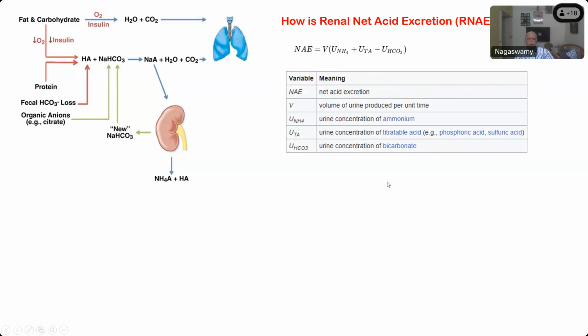As I told you, hydrogen ion is eliminated buffered with ammonia or phosphate. So if you measure these two, it will give a rough idea about the hydrogen ion content. From that, if you remove the bicarbonate content in the urine, you will get the net acid elimination, because hydrogen ion excretion will always be more than bicarbonate. If you remember that basic point and multiply with the urine volume, you will be able to find out the net acid